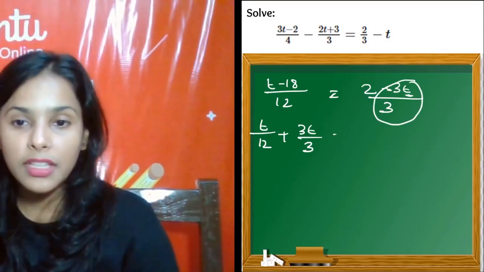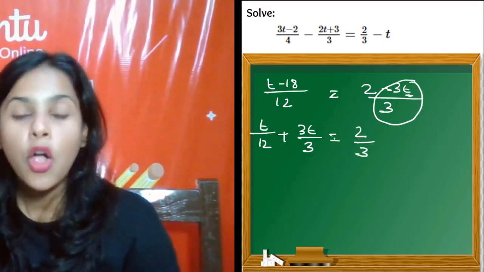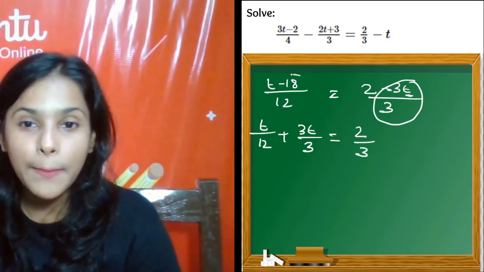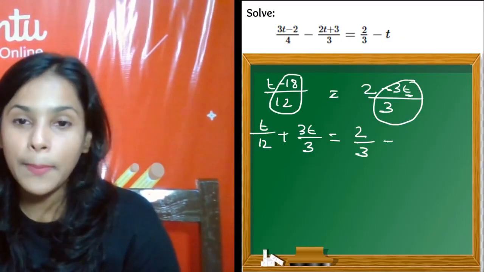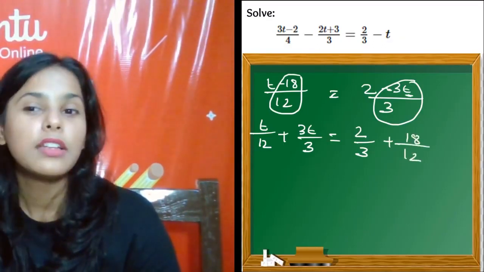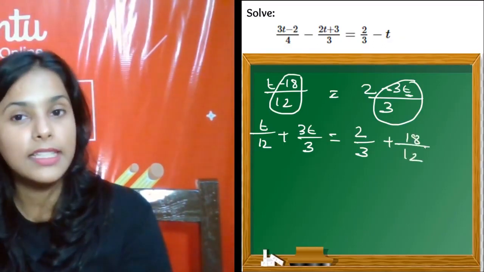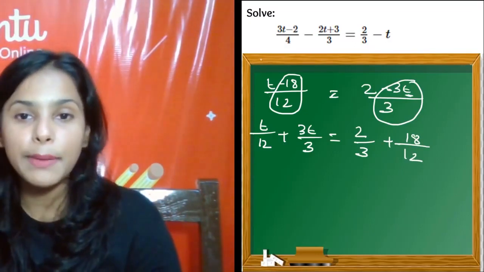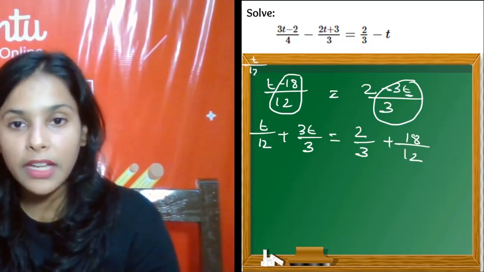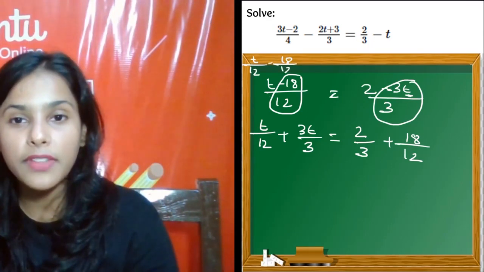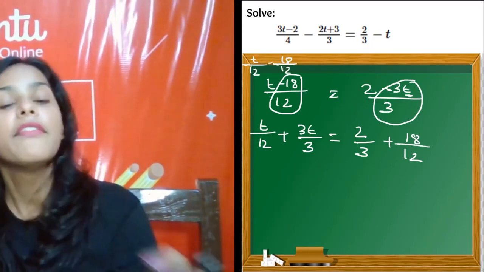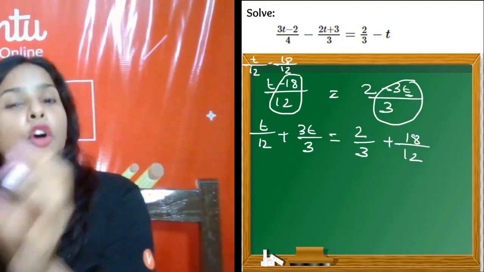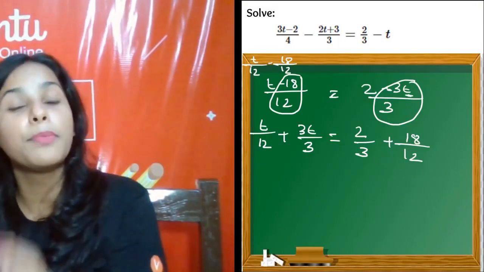Done. Now इधर RHS में बचा 2 by 3 और इधर LHS में बच गया आपका minus 18 by 12. इसको आप इधर ले आओ. So ये बन गया आपका plus of 18 by 12. सिंपल है guys, right? जिसको नहीं समझ में आया एक बार फिर से देखो. t by 12 माइनस ऑफ 18 by 12 इसको आप ऐसे लिख सकते हो ना, इसलिए हमने इसको स्प्लिट कर दिया और वेरिएबल टर्म्स को एक तरफ ले आए और कांस्टेंट को एक तरफ in order to simplify the value of t.